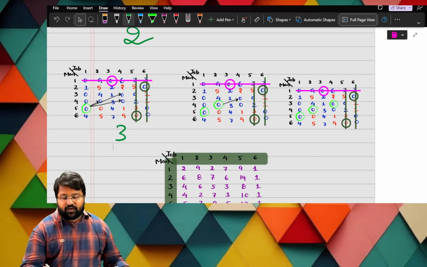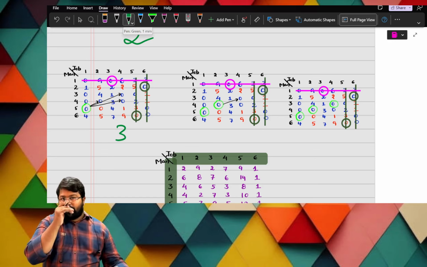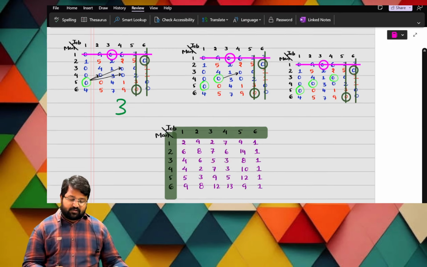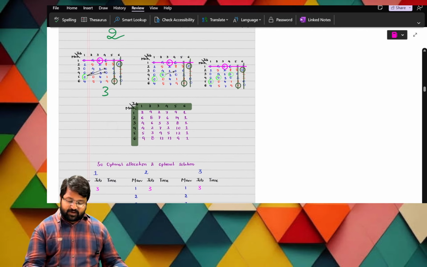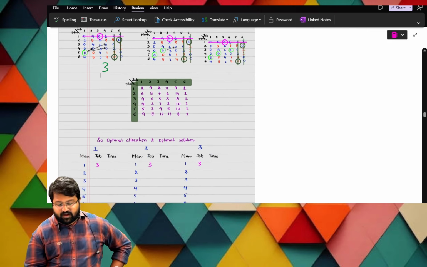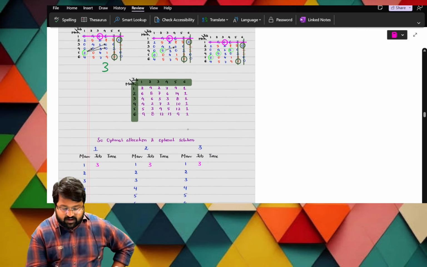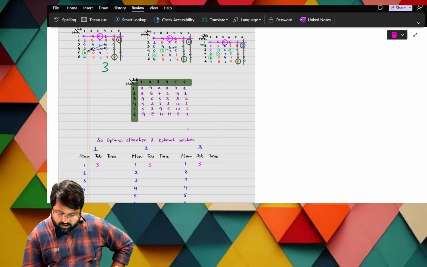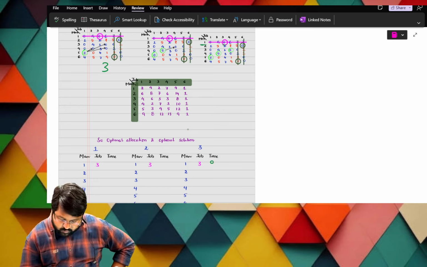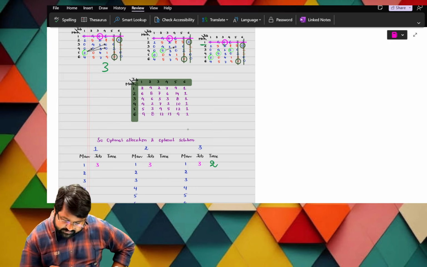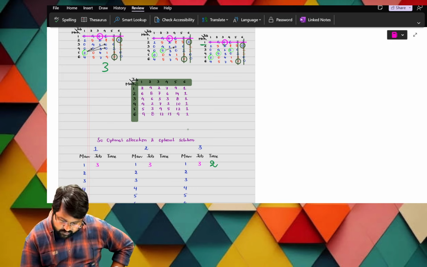Okay, for your understanding, I will solve one, but you have to solve the remaining two. So I will solve the third part now so that I can get a clear view here. So for men 1, what is the job allocated, ma? It is 3. On this 3, what is the value, ma? So 3, it is 2. Okay, sir. Next for men 2, what is the job allocated, ma? It is 6. In 6, what is the value? It is 1.